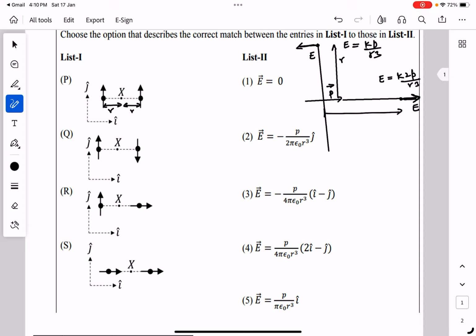So therefore, the electric field due to both the dipoles would be in negative y direction. And since the dipoles are identical,